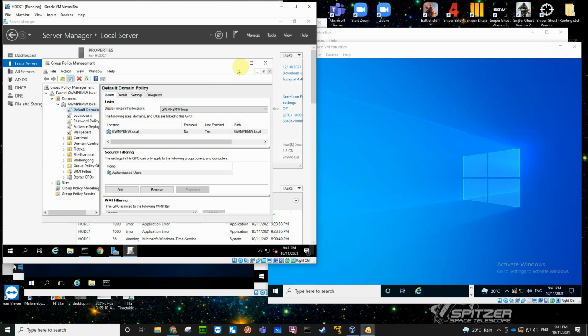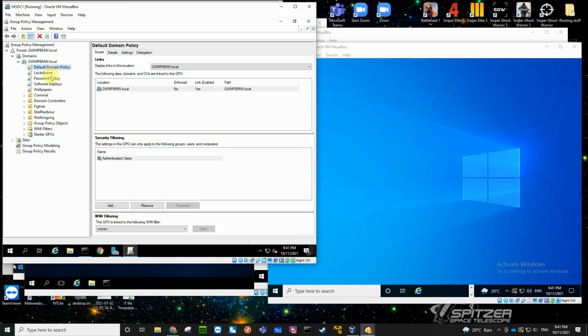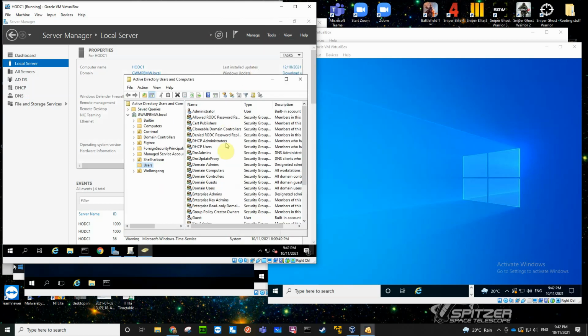Now, I did actually create a bunch of group policies previously. And so we've got lockdowns, so that's pretty obvious. If we put a user in a lockdown group, the lockdown policies will apply. So we need to make that policy apply only to a lockdown group. So we need a lockdown group, which we don't have at the moment. So under our tools and Active Directory users and computers, what we're going to do is create a group in here,